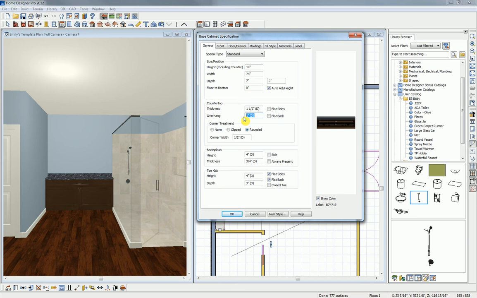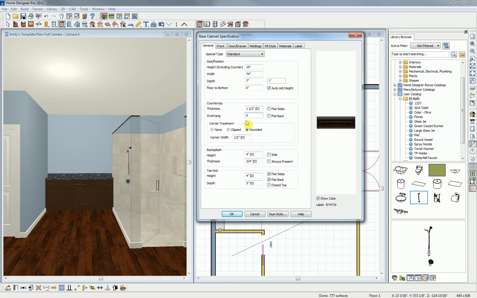You'll also notice that there's a 1 inch and then D in parentheses. That means it's the default. So for instance, let's say we set this to 0, and then later we wanted to change it back to the default, but we don't remember what it was. Just hit D and it comes right back. So